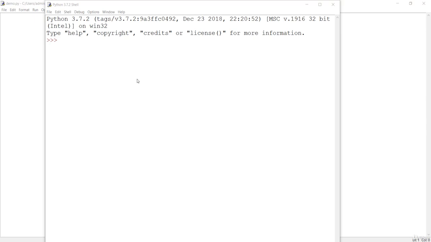In this lecture, we'll see how to create variables in Python. First of all, open your shell and give the variable name. Let me say name is my variable name, and I want to give the name Sachin, which is my name, inside this double quote. You can see inside this double quote we have passed some text. That means this is a string.